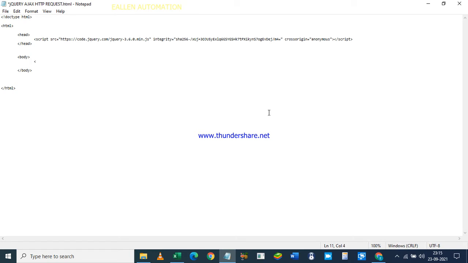So let's start with button tag. I'm just making a button, onclick event is there. Then I want to run a function getData. Then click me button. So basically it will run a function